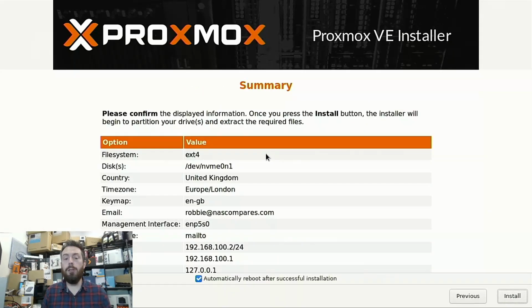Then we see the summary here on screen, the finalization of the general information we've gone through right now. What we need to do is make sure that where it says automatic reboot after successful installation, we untick that option. Very important, because otherwise when that system reboots, it will try to boot from that USB again and potentially overwrite the installation we've done here today. On the other hand, depending on the boot order you've selected, perhaps you put your NVMe higher than that, it won't be too much of a difference. But for now, based on my installation here, I'm going to make sure that it does not reboot after that